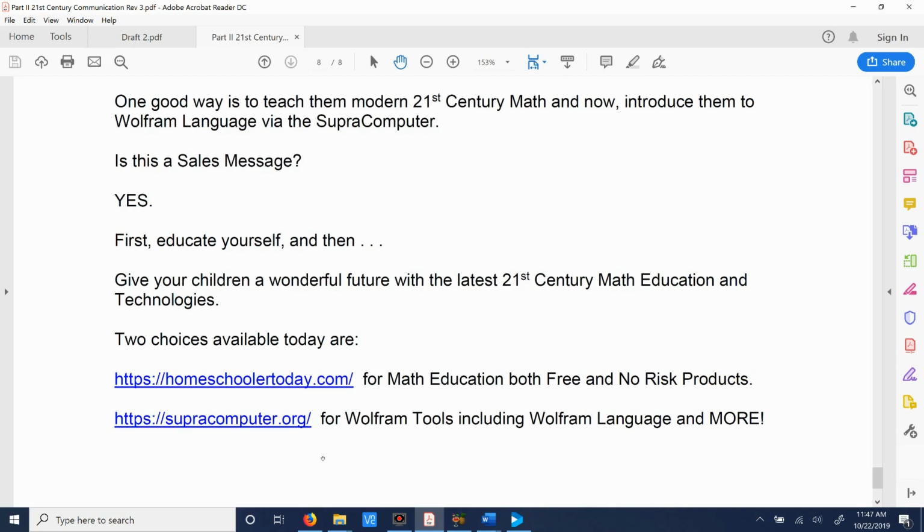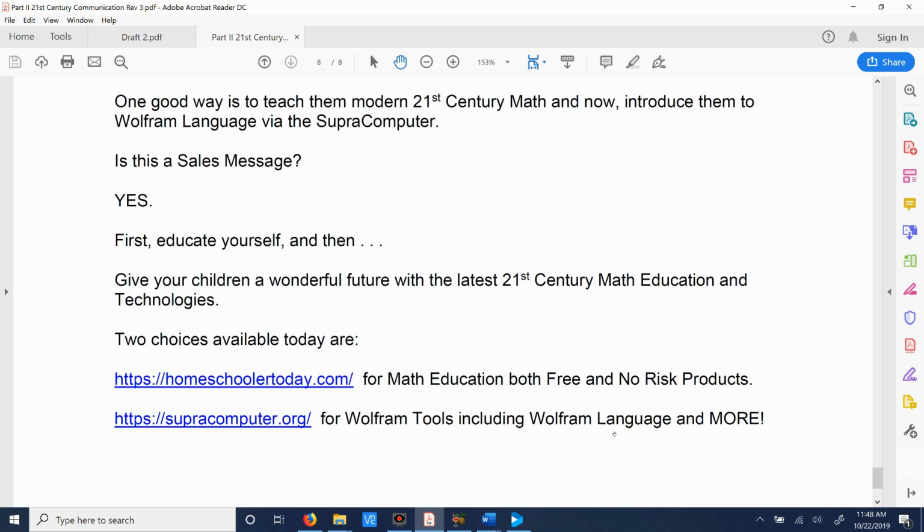But go beyond that. Once they get to a certain point, buy a supercomputer or a Raspberry Pi and start using the Wolfram tools and let your child start using Wolfram Language. I believe that anybody today ought to start learning how to communicate with Wolfram Language. Whether you want to write a computer program... Most people don't care about Python and Java in writing the old-fashioned computer program. But Wolfram Language is different. If you learn Wolfram Language, you'll be able to go to a computer and write a natural language program that will create a wonderful thing.